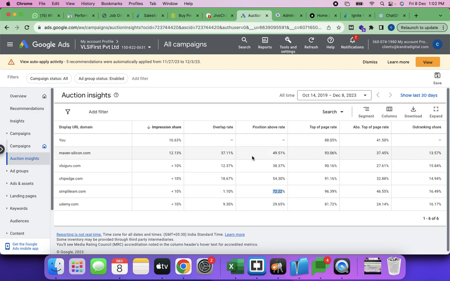VLSI Guru has a small overlap rate, 12% overlap rate, 12 classes only VLSI Guru has attended. You have attended 100 classes. In those 12 classes, 40% of the times, that is nearly 5 classes, they were first. That's okay. In 70 classes you were first. They are first only 5 classes. And now come to Chip Edge. Overlap rate is 18%,